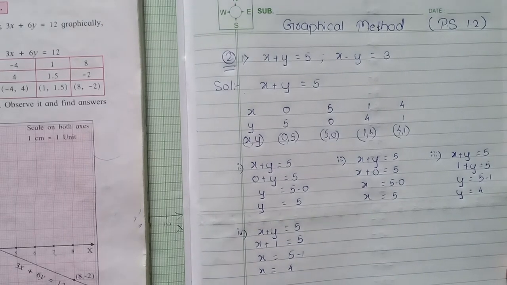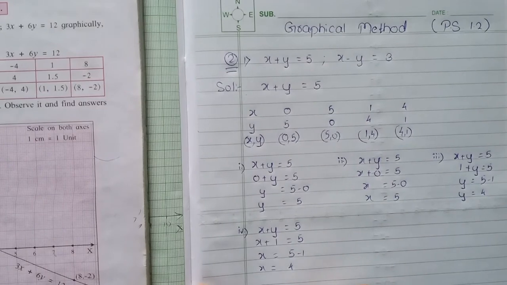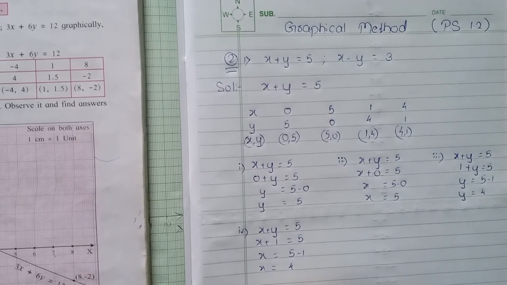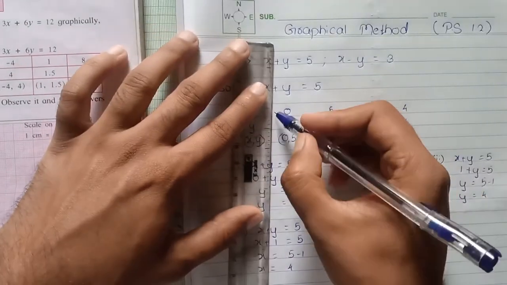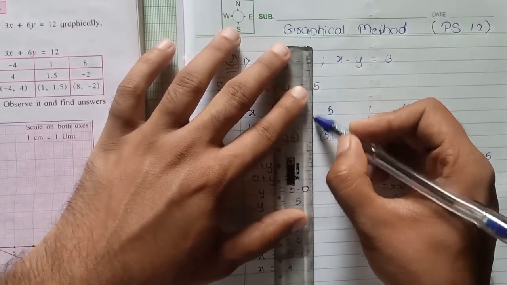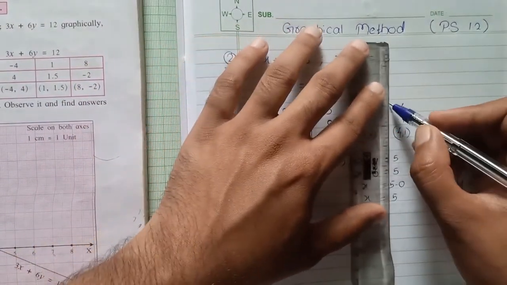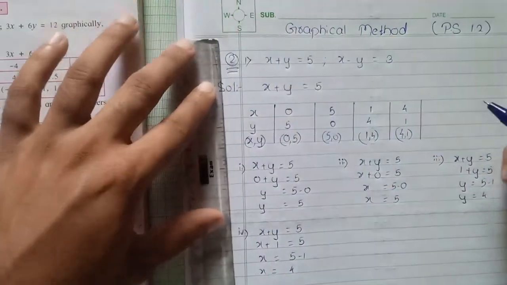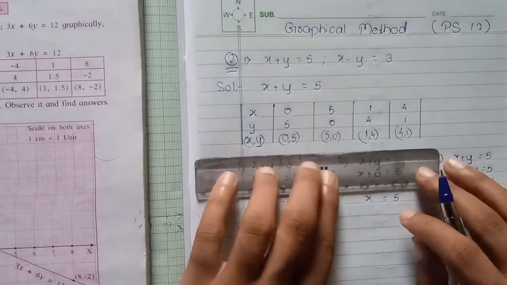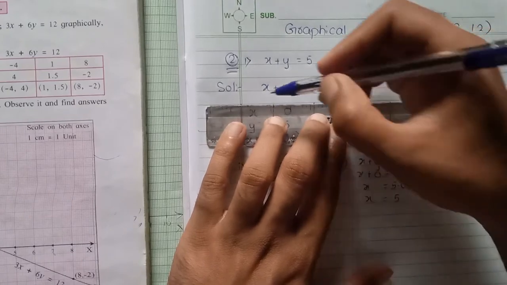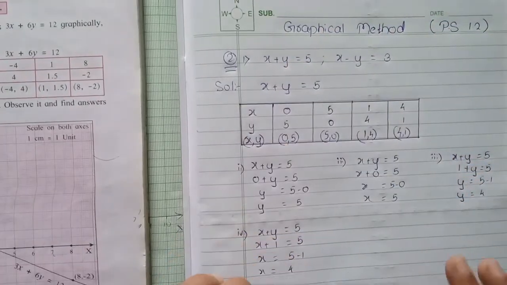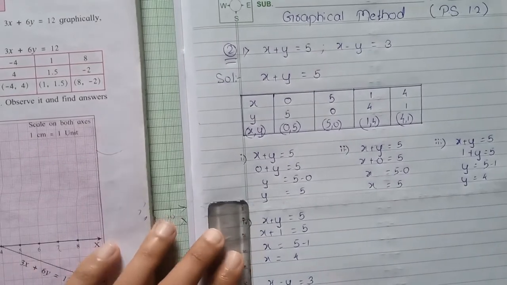Similarly we will do it for the other equation. So my next equation is x minus y is equal to 3. Same way, x, y, x comma y. Now we have to make a table. So let's make a table. I'm making a table just for the presentation sake. It looks good. There's no need to use pencil. You can make it straight away with a pen. Please don't carry marks. All this we do just for the sake of presentation. So next column, I'll make the table beforehand.